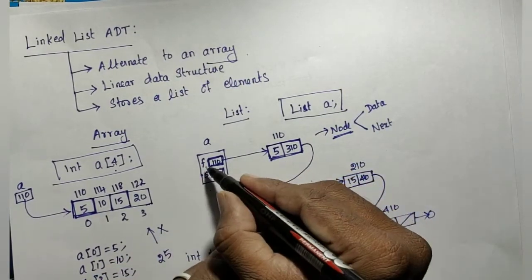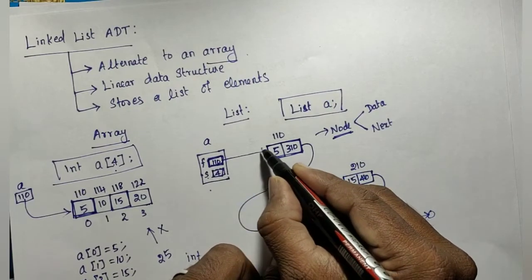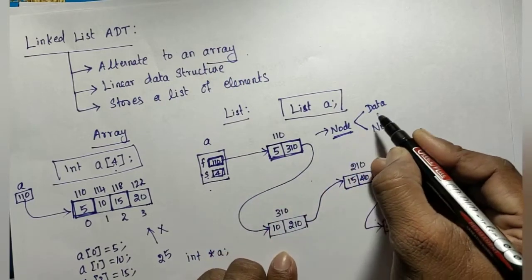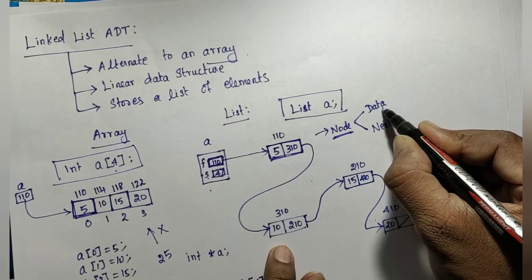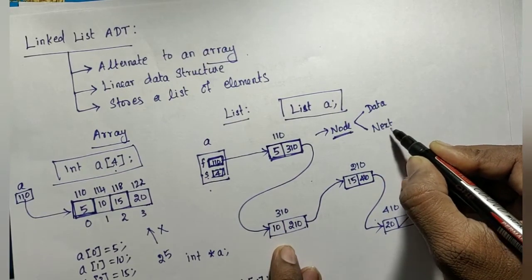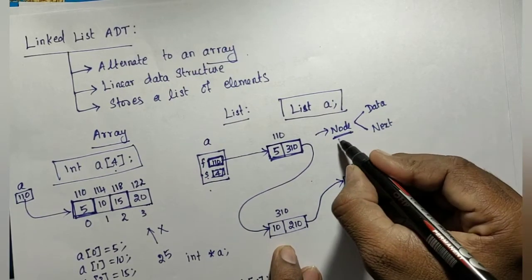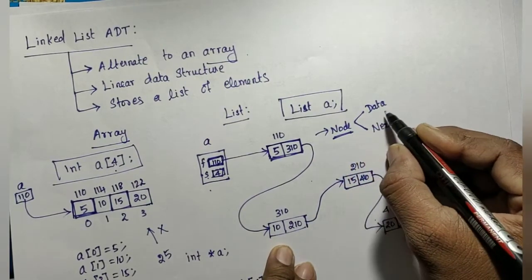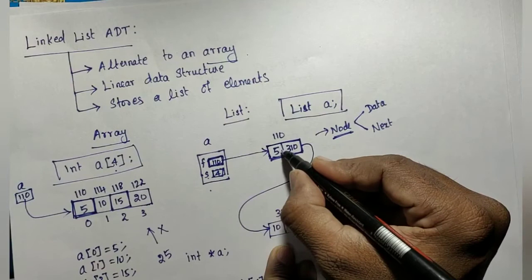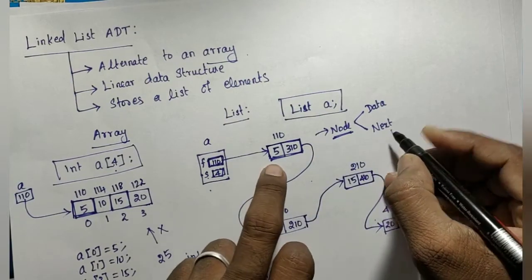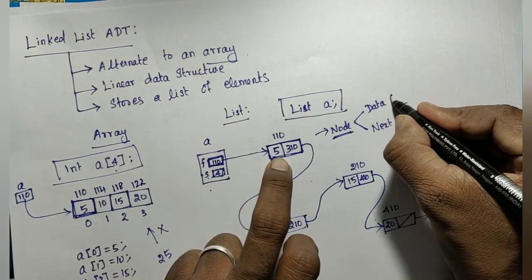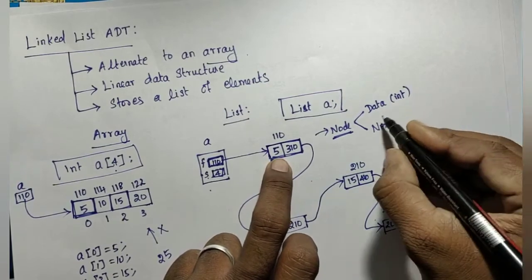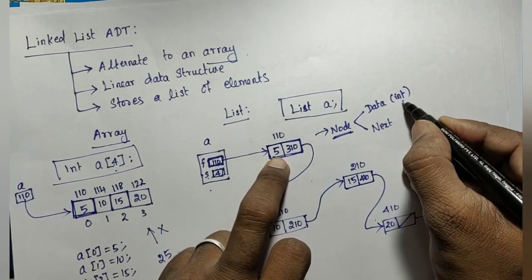So f is not an address of an integer-like element. It is going to store the address of a node. Node means containing two kinds of data: the element and the next, the address of the next element. To be clear, it contains two kinds of storage, one is the element, another one is the next. So what is the type of the data? It is an integer.